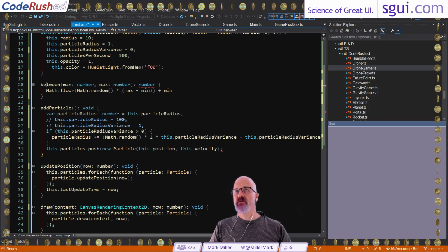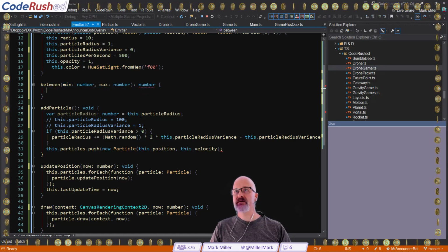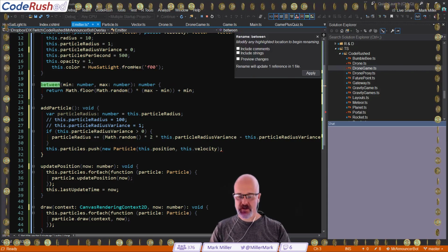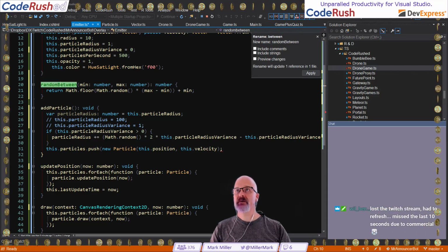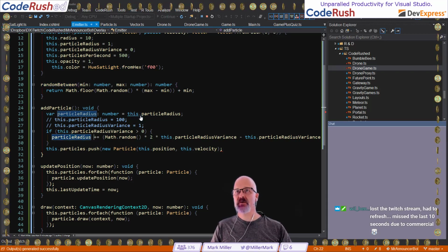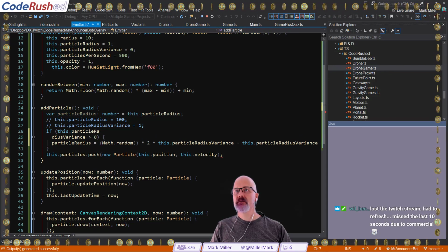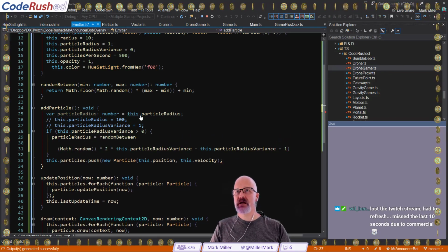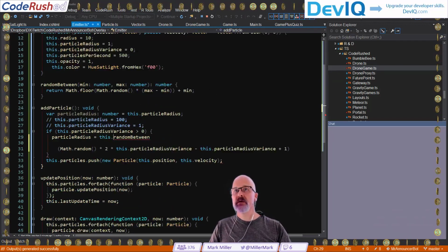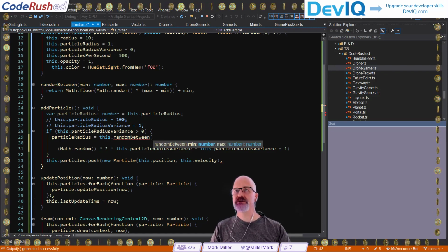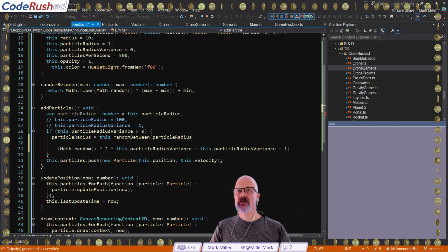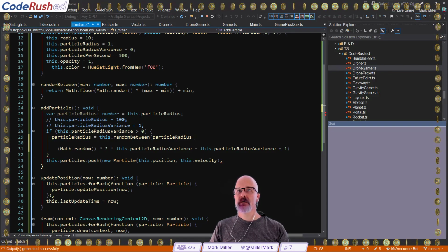Okay, so this is now going to come in here, and this is going to say return. And this we'll call random between, like that. So I think this is going to be a little bit easier. So if that's the case, then we're going to say particle radius is equal to this dot random between, and that's going to be between our min value, which is now going to be our particle radius minus,